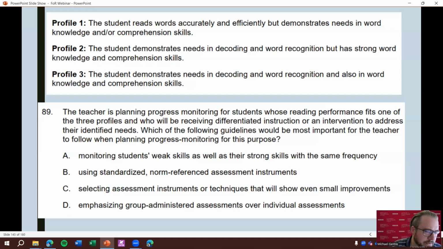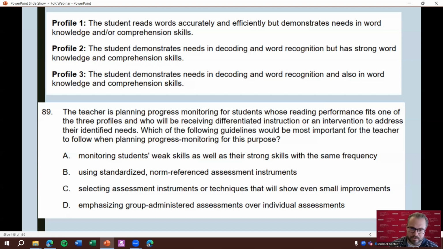The correct answer is C, selecting assessment instruments or techniques that will show even small improvements. So, I gave you all that about the profiles, and the MTEL is going to do this to you. It's going to give you sometimes a lot of information that's not relevant, right? So, all of that information about the differences of the students is not actually relevant to this question. It may have been very important for other questions, but it's kind of a trick or throwing you off a little bit, right? You have to pay attention carefully because the differentiation between the profiles of students is not relevant